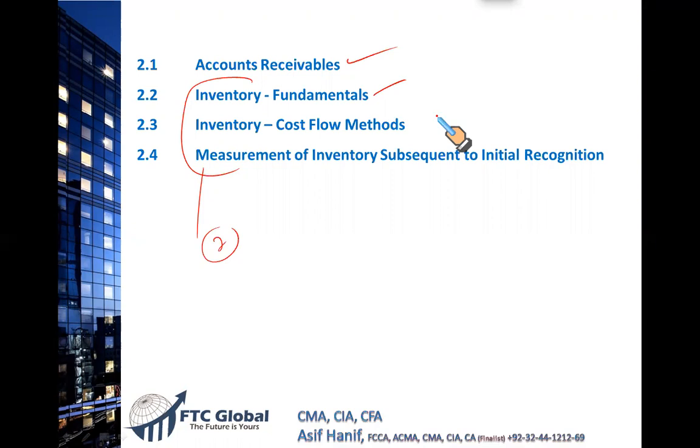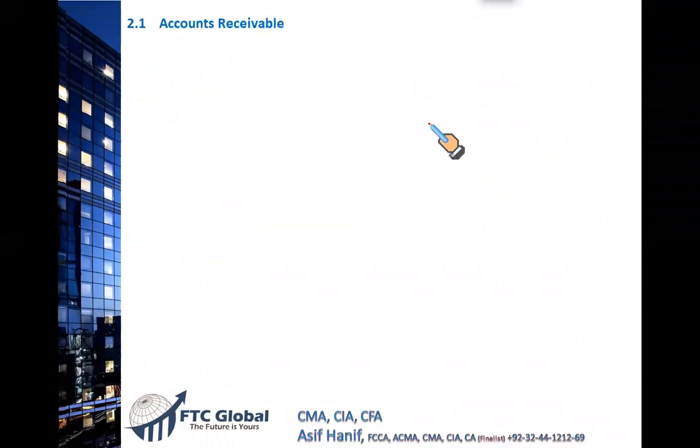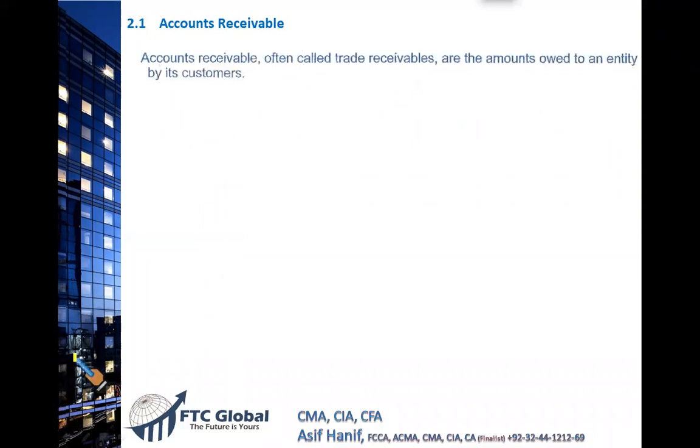All right, so welcome. Let's get started with account receivable. We know what account receivables are. We professional accountants know these are the people to whom we have sold goods on credit. So basically they are our customers to whom we have sold goods on credit, and now we have to collect money from them. So trade receivables are your customers, individuals or companies from whom we have to receive amount.